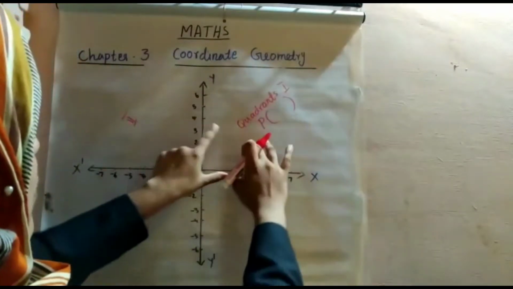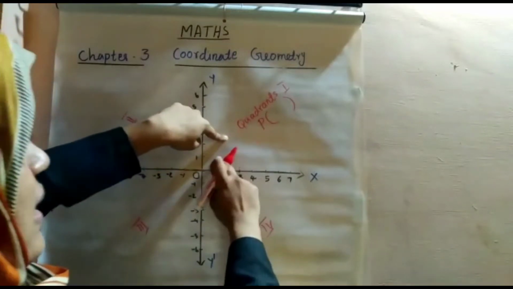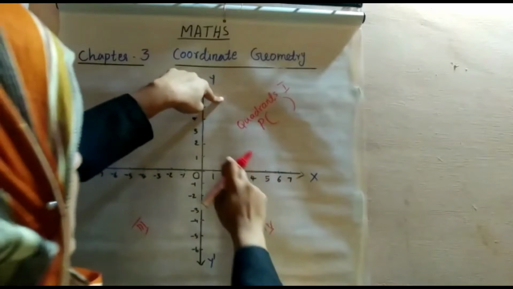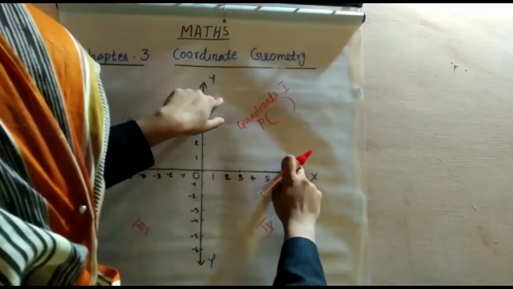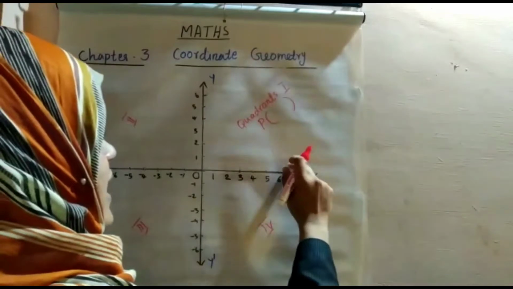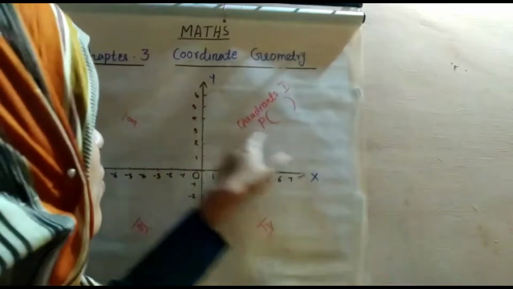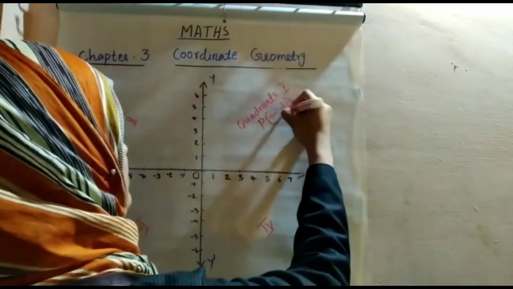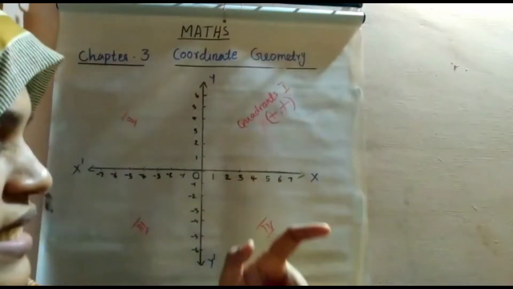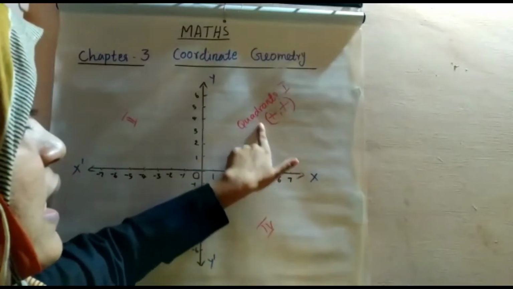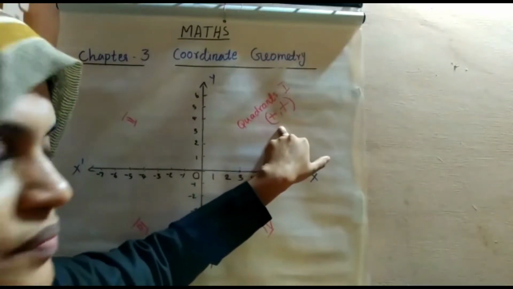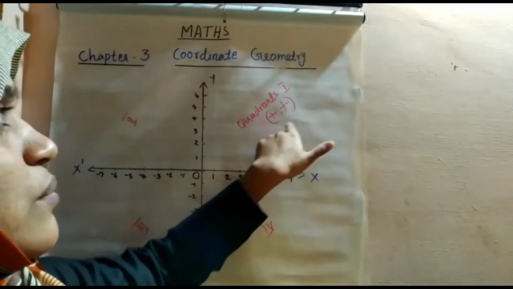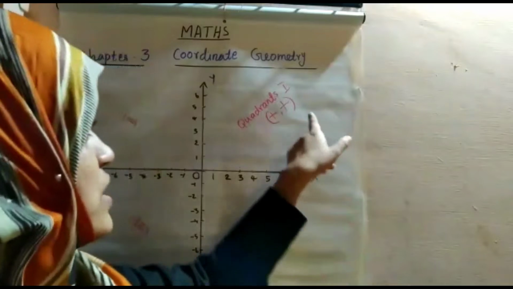Okay, then what will be the x? Here, positive x direction and a positive y direction. Okay, positive x-axis and positive y-axis. So here x and y are positive. So positive, positive. Okay, so in the first quadrant, the location or position of that object will have both numbers positive, positive.